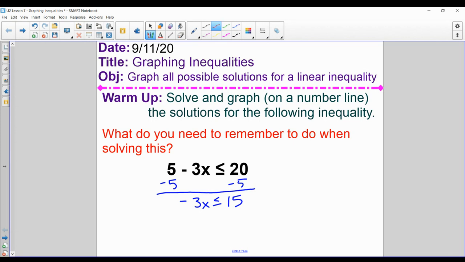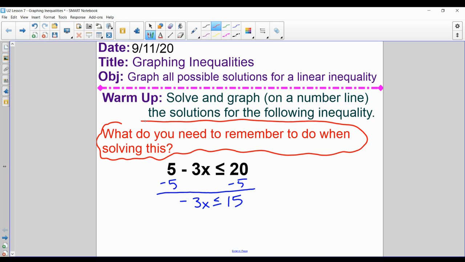Here is the one thing that you've got to remember with solving inequalities. The one thing you've got to remember when we're solving inequalities that makes them special or different is that when I divide by a negative number, I have to flip or reverse the inequality symbol. So I have x, and now it's going to switch the other direction to be greater than or equal to negative 5. When I'm graphing this,